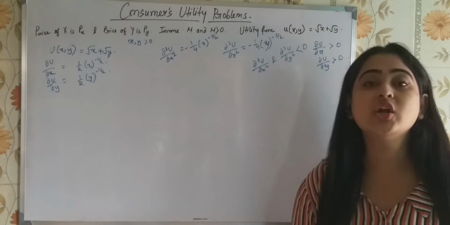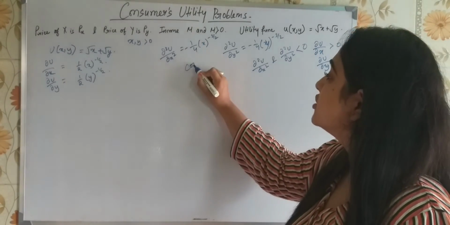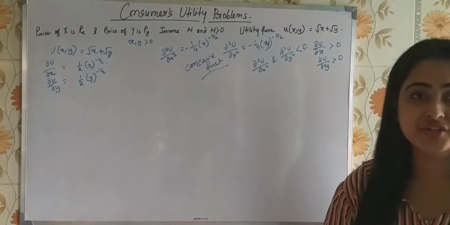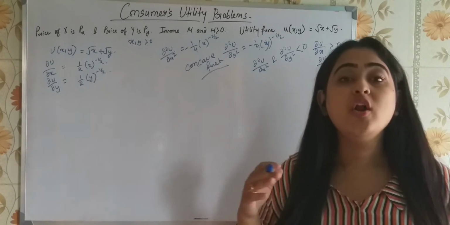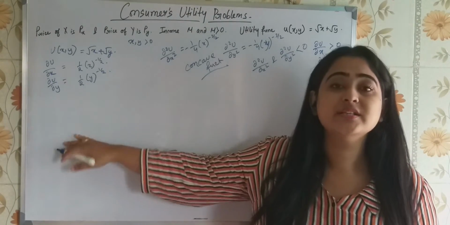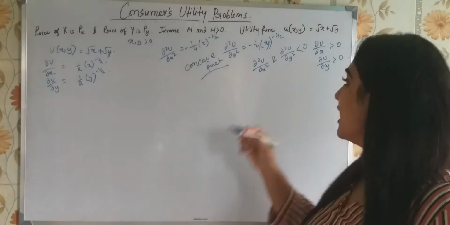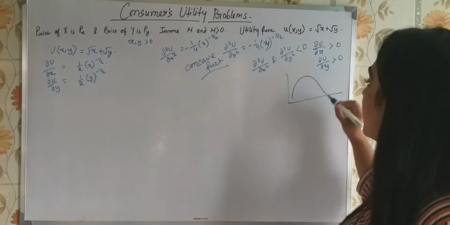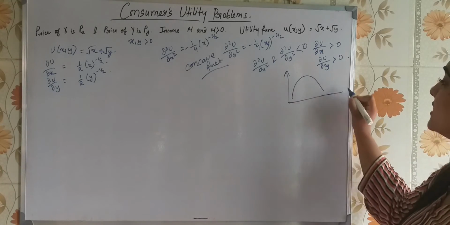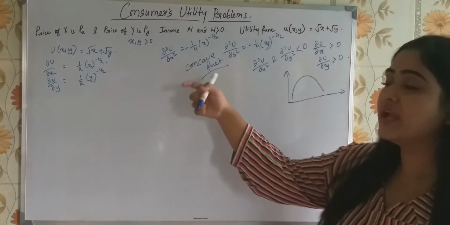So whenever the second order differentiation is less than 0, we call it a concave function. So what we can see is that for all the positive values of x, for the first order differentiation, the utility is increasing, right? After a certain point, it starts to diminish, and that's why our utility function curve looks like an inverted U. Why is that so? This shows the concave function, and we get it by the second order differentiation.